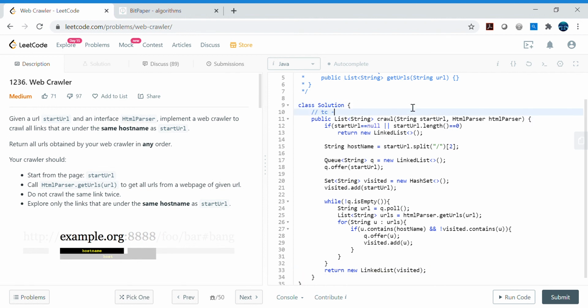Quickly for the time complexity, here TC means time complexity, it is a short form I'm using. Time complexity will basically be linear, but here we are using this contains method, which is again a string dot contains, so it is again linear time. So in this particular case, it will be m times n. m is the whole list length, and n is the particular URL, so it is m into n.